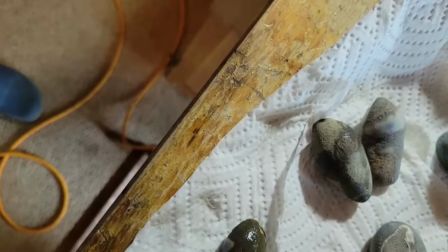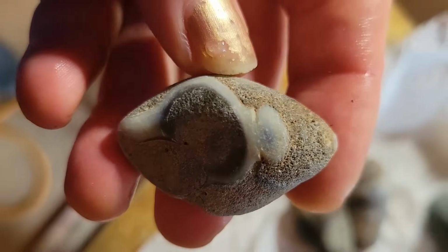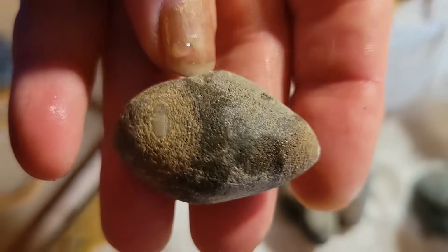It was a good day. It was a good day on the beach. We're so happy that we came. We're gonna head back to the studio and cut some things and do some polishing, hopefully, and we'll see you back there. Come along. Back in the toasty warm studio, we prepare the fossil gastropod shells that we collected down